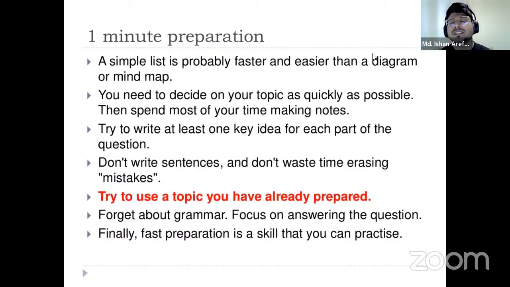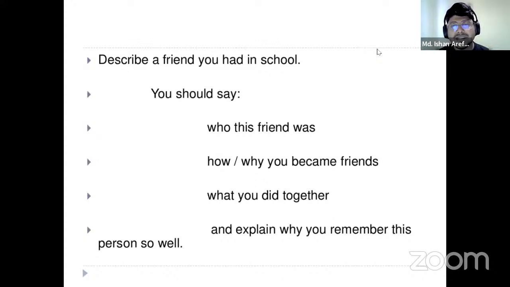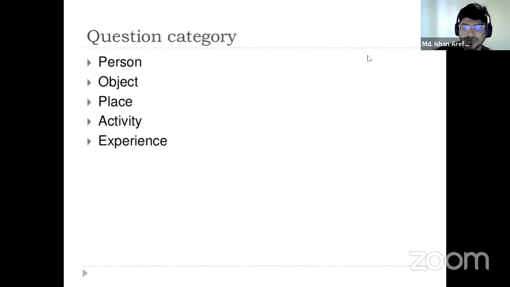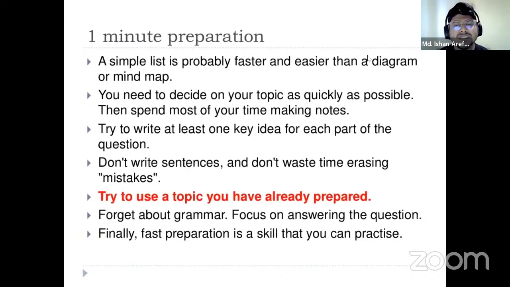As soon as you know your topic, you should decide which way you are going. For example, when you get this topic of describe a friend you had in school, you have to quickly decide which friend you're going to talk about, or are you making a friend up, or talking about a real friend. You have to decide. Then after making that quick decision, you need to write the notes down, and then